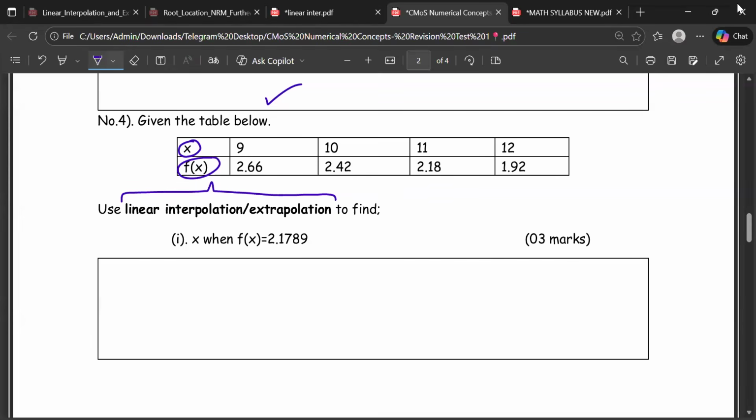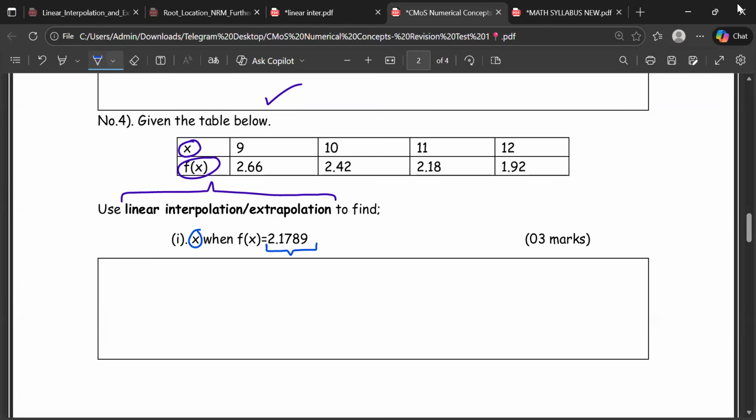If you're using interpolation for Roman 1 and 2, they can say use linear interpolation. If you're using extrapolation only for both, they can say use linear extrapolation. But in most cases, they leave you with an option of choosing for yourself, whether you're using interpolation or extrapolation, like that. So look here, they are saying that find x when f of x is 2.17,